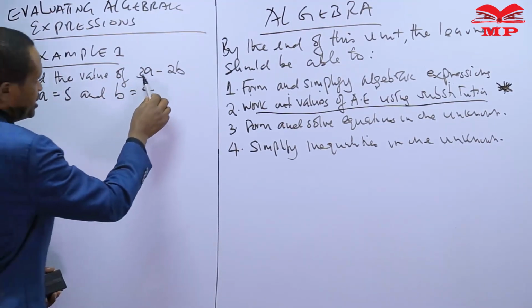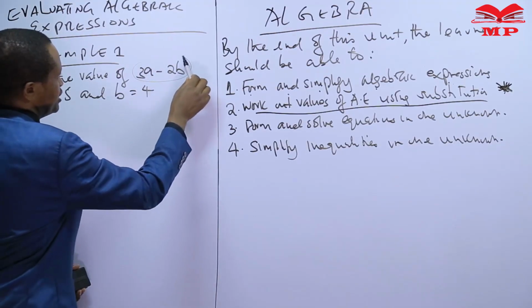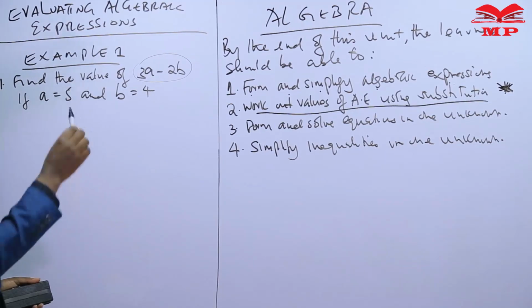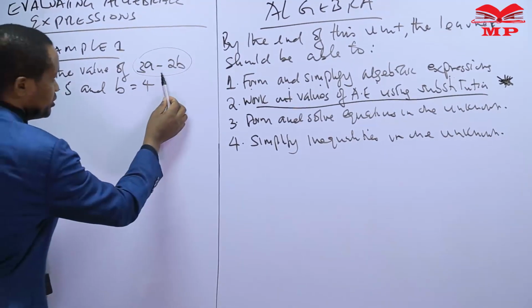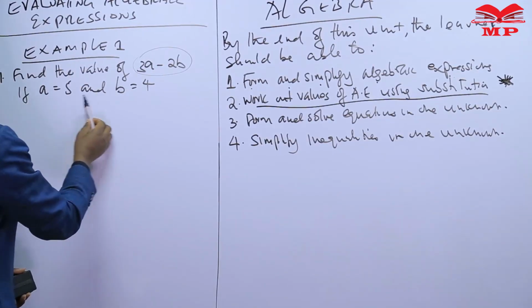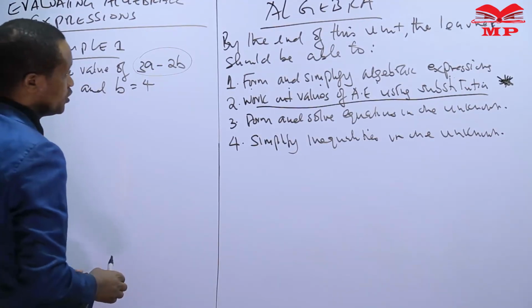This one here is an algebraic expression. So the question is, find the value of this algebraic expression where a is equal to 5 and b is equal to 4, and